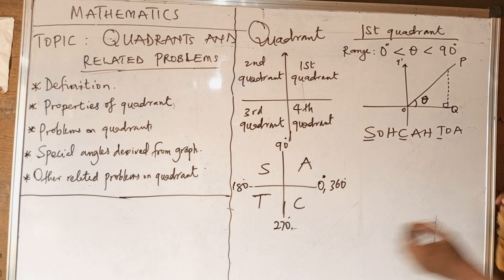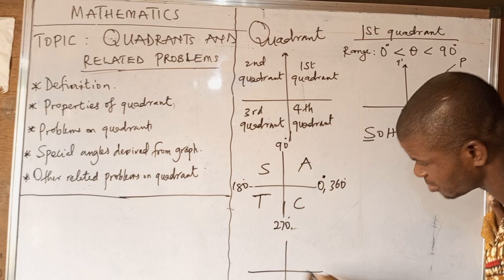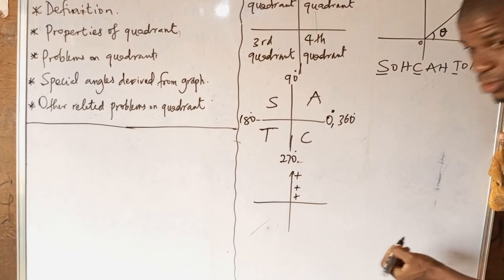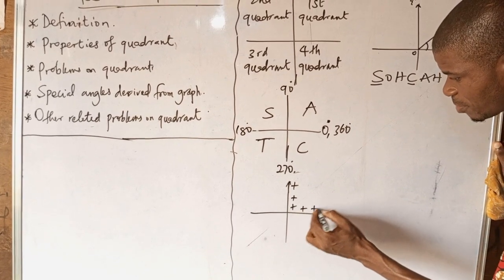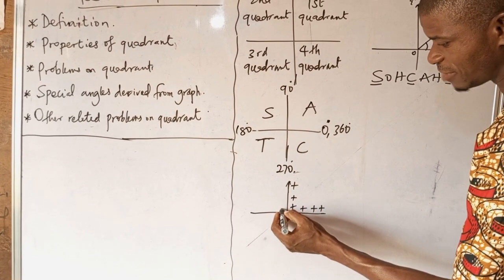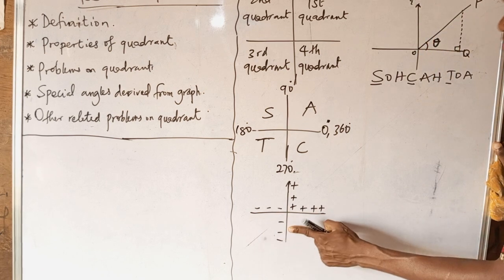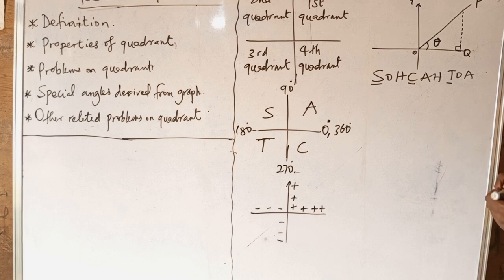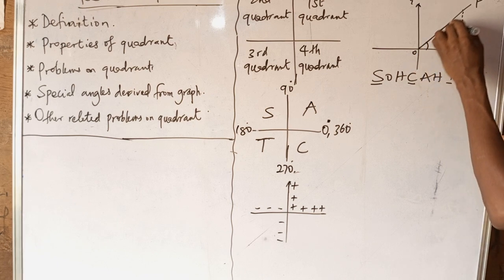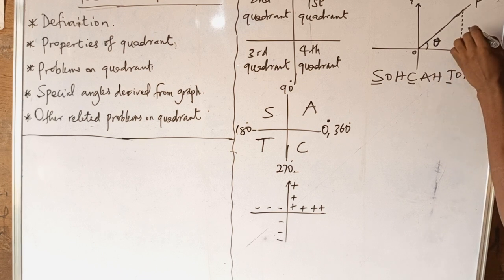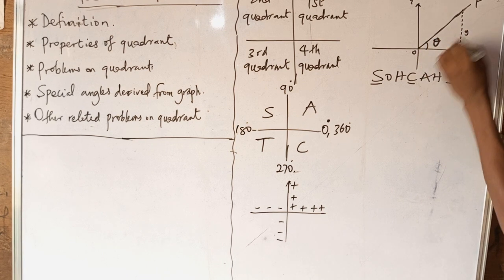And from our sign conventions, just like we know before, if you are moving upward, it is positive. If you are moving to the right, it's also positive. If you are moving to the left, it's negative. If you are moving downward, it's also negative. So we are going to put these sign conventions into consideration. Mind you, this hypotenuse here we always take as positive, and it's always unity, which is 1. So if this is my y and this is my x, based on the axes,